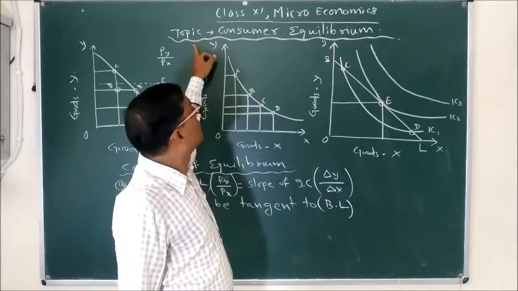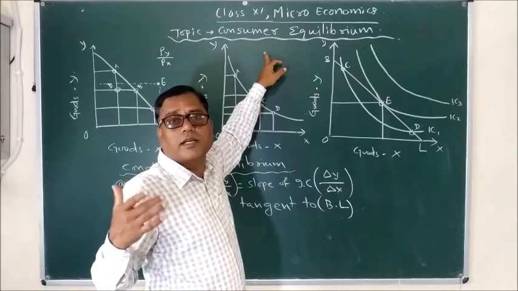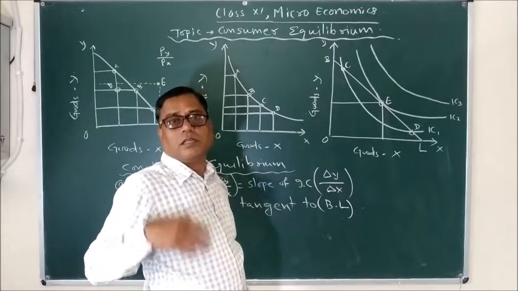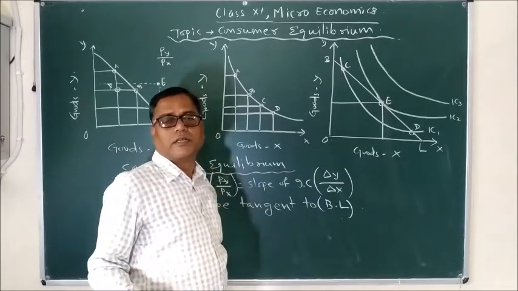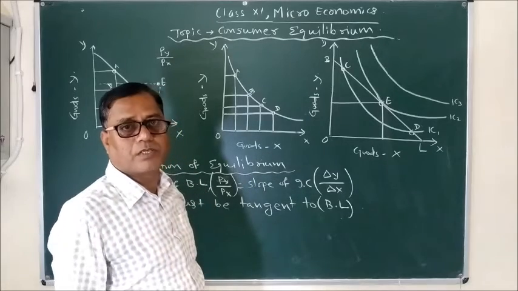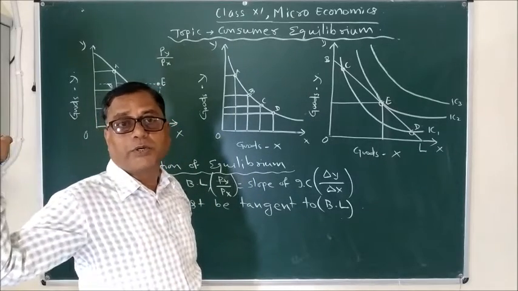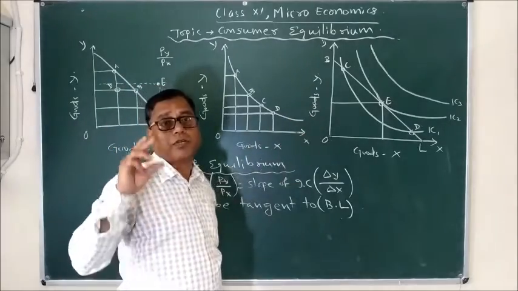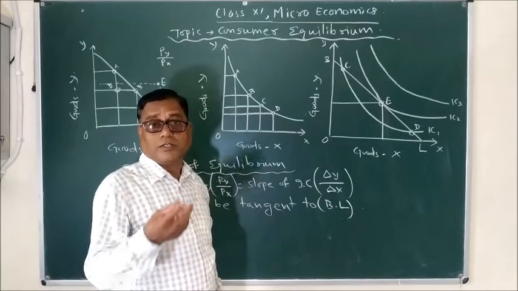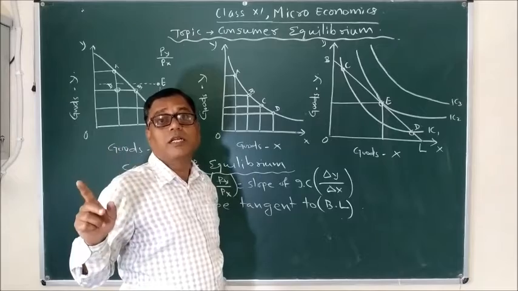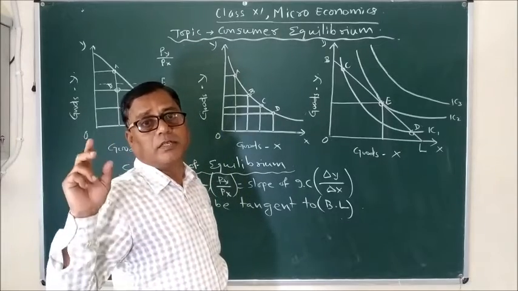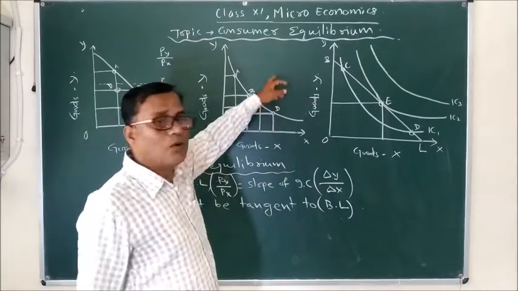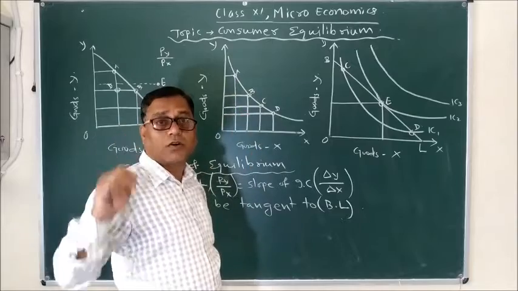Today's topic of discussion would be how a consumer attains equilibrium using the indifference curve approach, or Hicks-Allen approach, or also we can say the ordinal utility approach. Because here, unlike the Marshallian theory of cardinal utility, we are not measuring utility and expressing it in terms of a number and unit, like I consumed one banana and got 10 utils of utility. Here 10 is a number and util is the unit used for the measurement of utility, or satisfying power. So here we are putting different combinations in order.